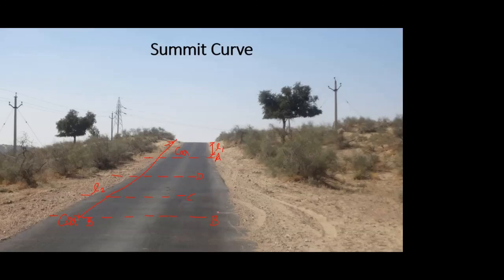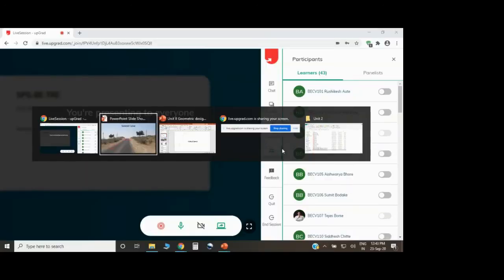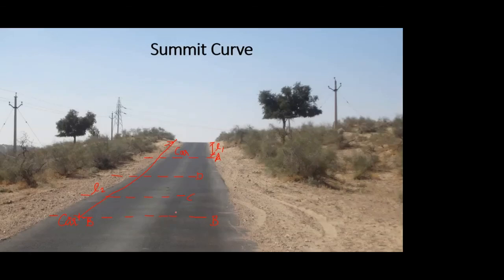So the more you travel towards the apex, the less will be the stopping sight distance if in case you have to apply some brakes. So what is the deciding parameter? The factor on which it will be decided when I will be able to see the object which is in front of me or on the other side of the curve is the height of my eye level.